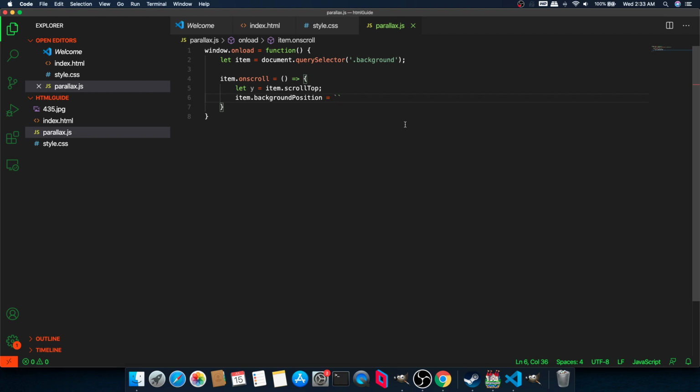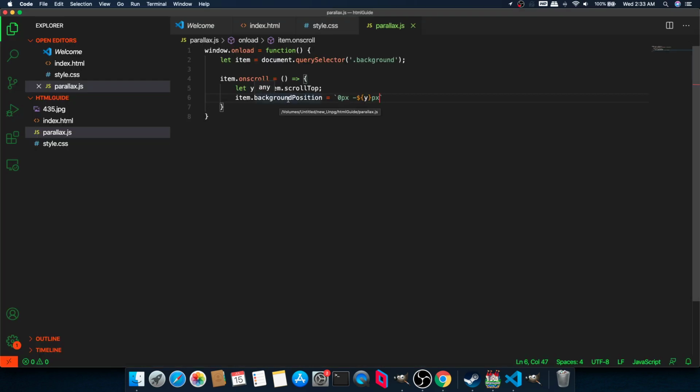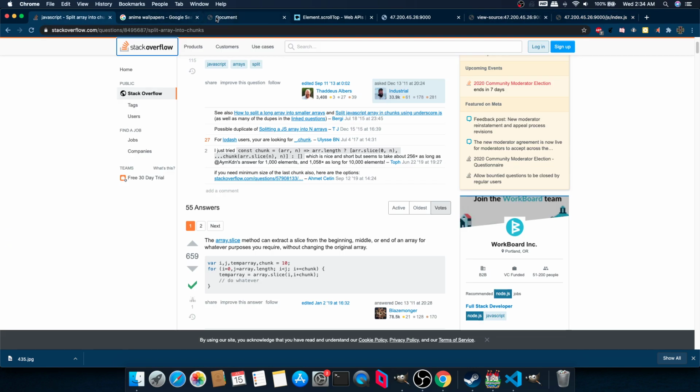It's alright though. We're gonna do 0px, and then negative, and then in between the dollar sign curly brace thing, it should be negative y and then px. Oh, alright. Oh yeah, style.backgroundPosition. Now this should make it scroll exactly even, and then we just need to do a